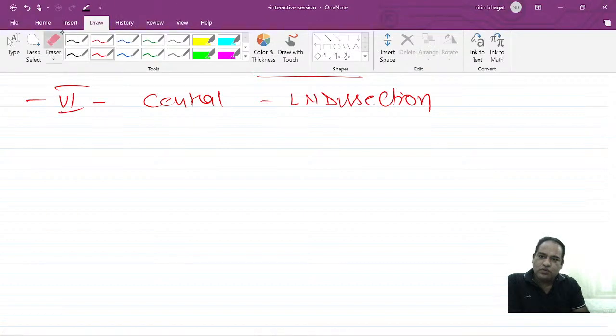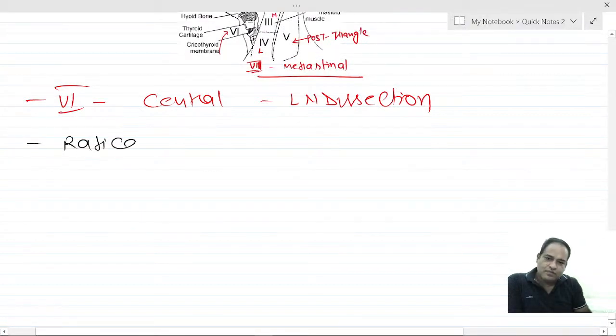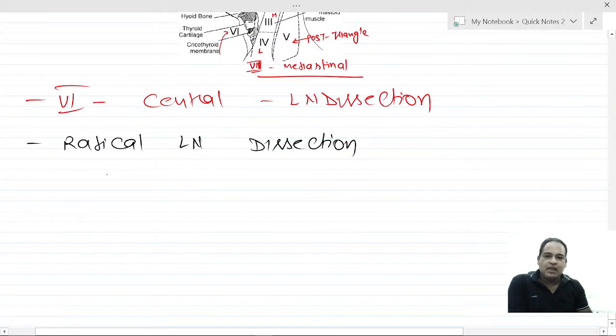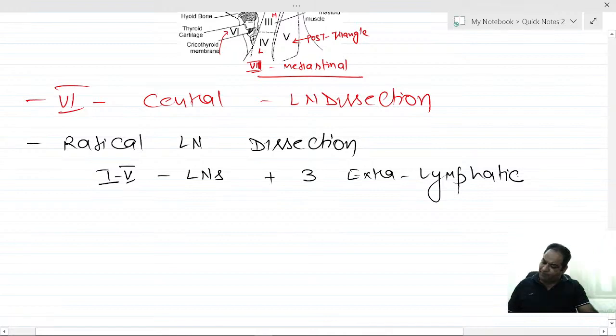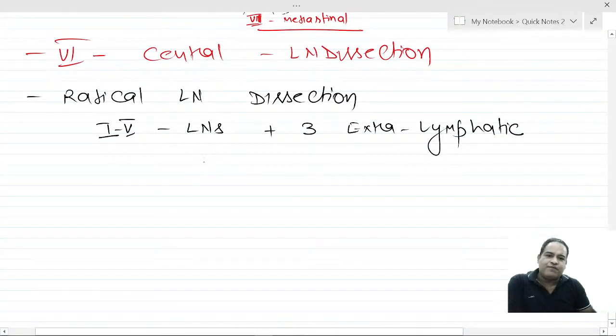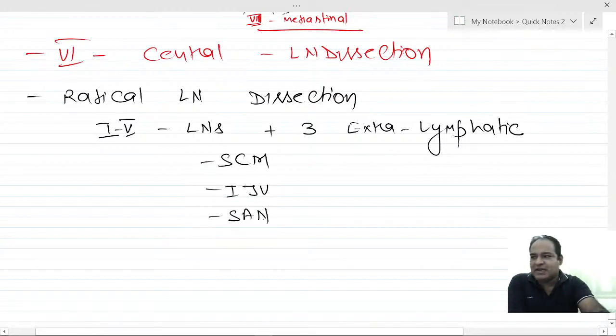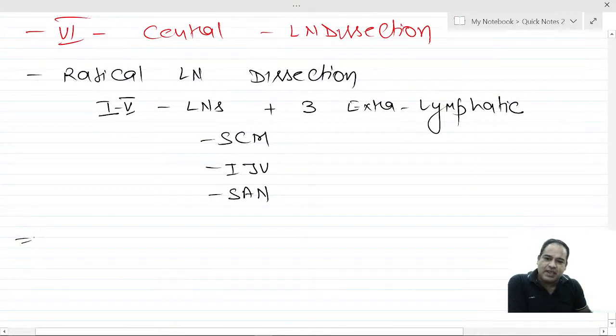Now, there is radical lymph node dissection, when we perform removal of level 1 to level 5 lymph nodes plus 3 extra lymphatic or non-lymphatic structures, like the sternocleidomastoid muscle, internal jugular vein, and spinal accessory nerve. Fine. Then there is modified